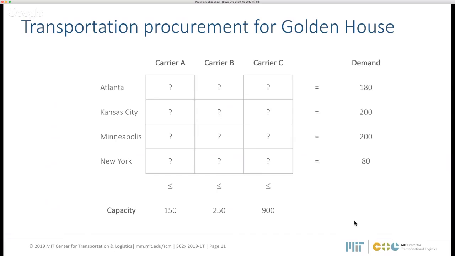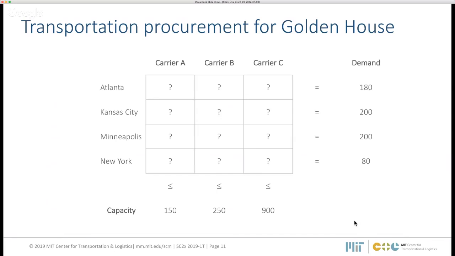Associated to each of the lanes, we have a demand, measured in the number of loads that should be transported. For example, for the first lane, Columbus to Atlanta, there is a demand of 180 loads that should be fulfilled. Similarly, we have the demand information for all the lanes in the column named demand. That's the first constraint.